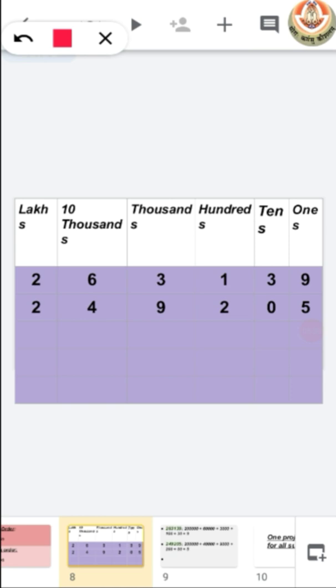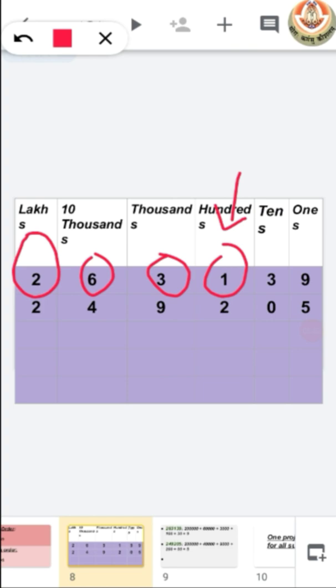According to the number name of the pin code, 2 lakh means 2 will be placed below the lakh column. Then we have 63,000. So 60 means 6 will come in the 10,000 place, 3 will come in the 1000 place. Then we have 100, so 1 will come in the hundreds place. And 39, so 3 will come in tens and 9 in the ones place.